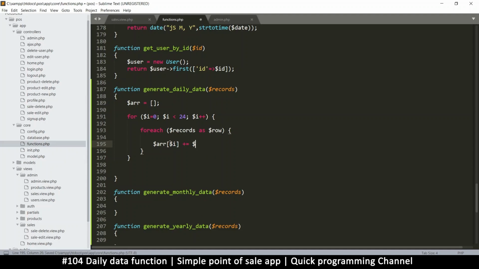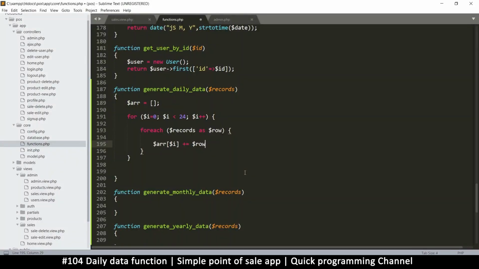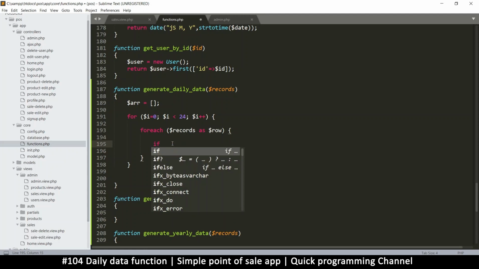So plus equals row, and then, wait, is this an array? Yes, this is an array, row total. So I'll do this and do that. Okay, but we need an if statement here. So as we are looping through, we're going to ask the question,